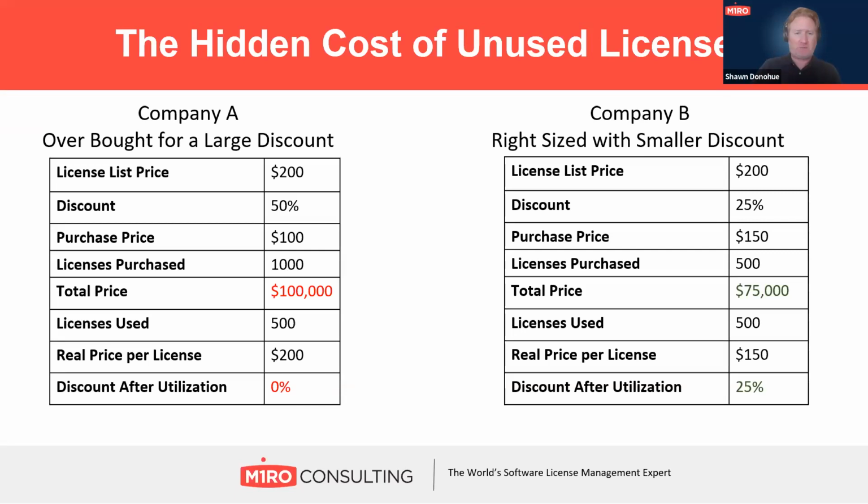You can see here that if you only ended up using half of those licenses, which is a very common scenario, take a look at that last line. What's a real discount after utilization? That's one of the things I really want you to take away from this, is that your important number here is your discount after you figure out utilization. A discount after you say, well, did I actually use all my licenses? And you can see when you do the math, by not using half their licenses, company A actually got a discount of 0. Company B obviously got less of a discount, but they can always buy more licenses if they need it.